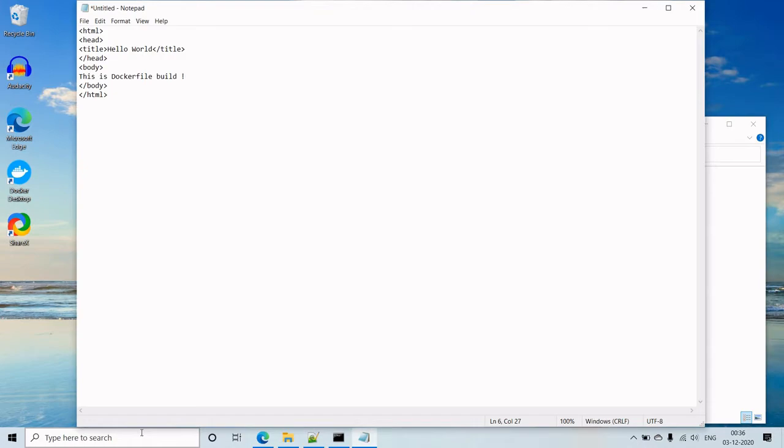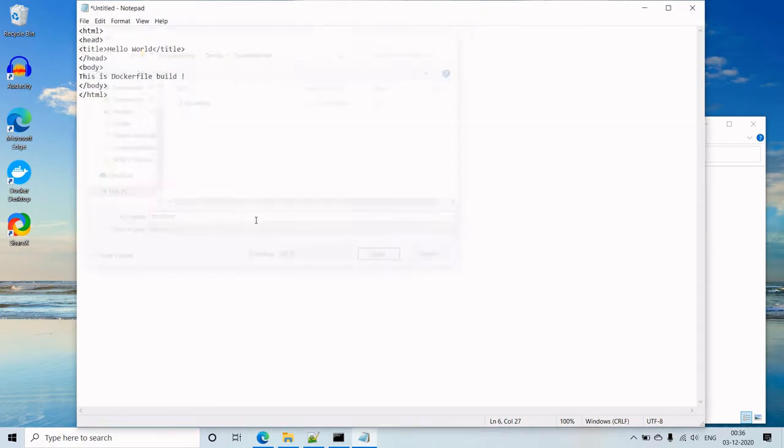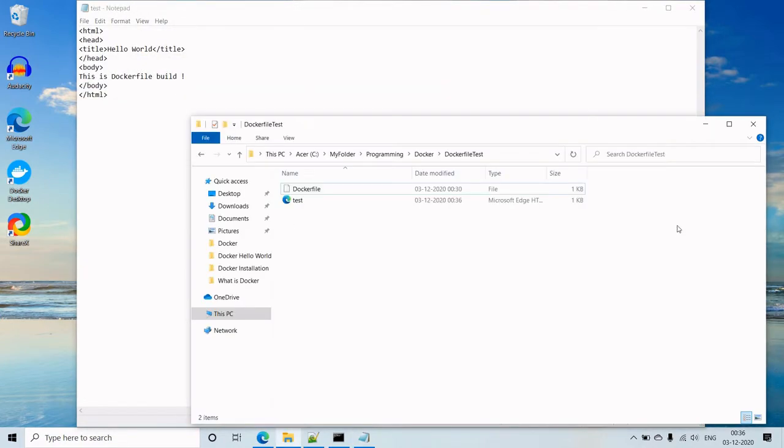So this is my simple HTML. I will save it with the extension HTML, test.html, right? So now when I build this Dockerfile, this test.html will be fetched and then copied to the container, right?